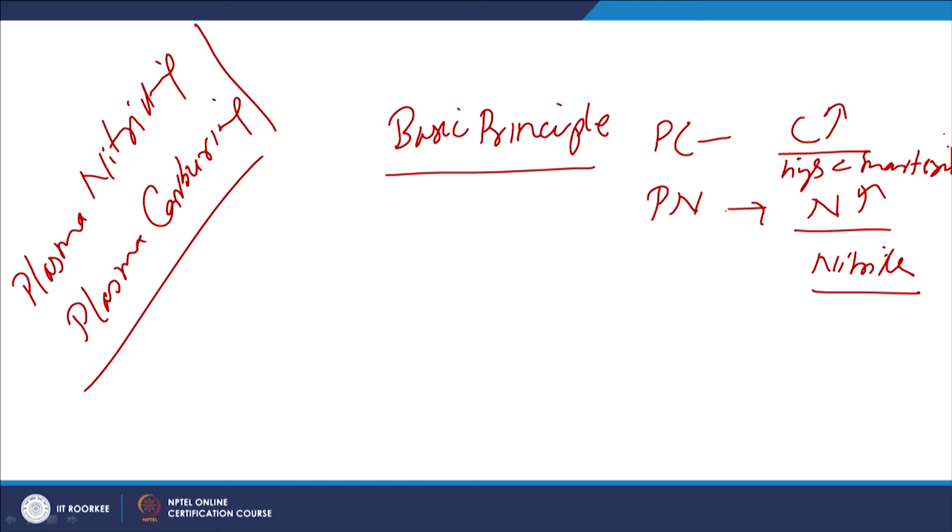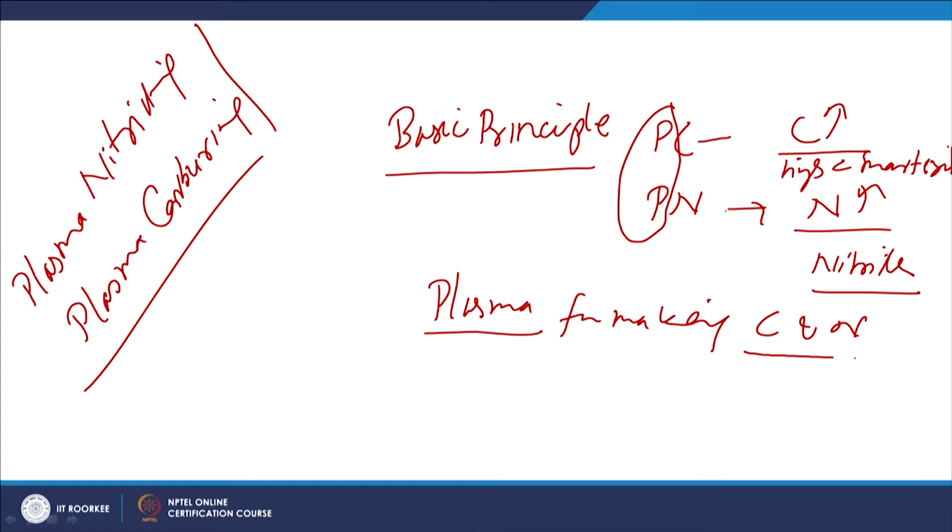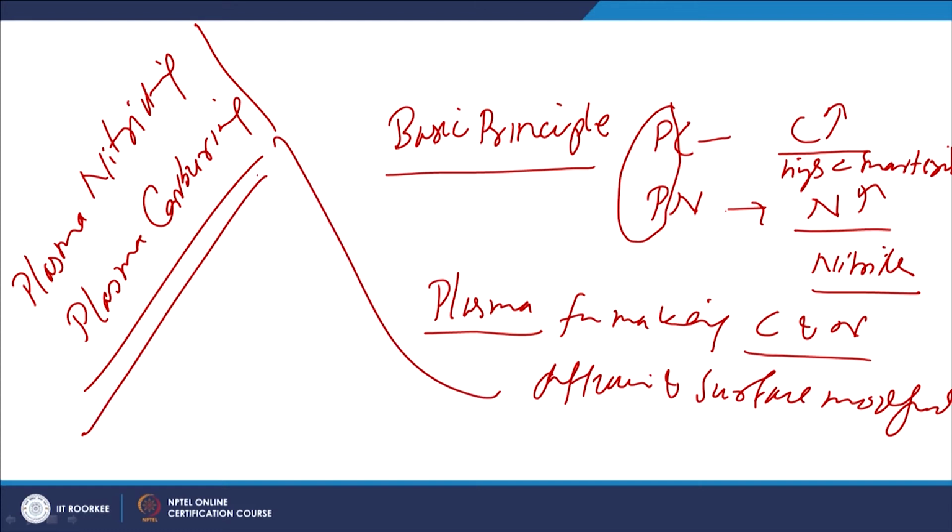But the only difference here is that we use the plasma for making the carbon and nitrogen available for diffusion and subsequently surface modification. So this is the only difference in this process. In conventional processes, conventionally what we do, we use a suitable gas mixture or chemical